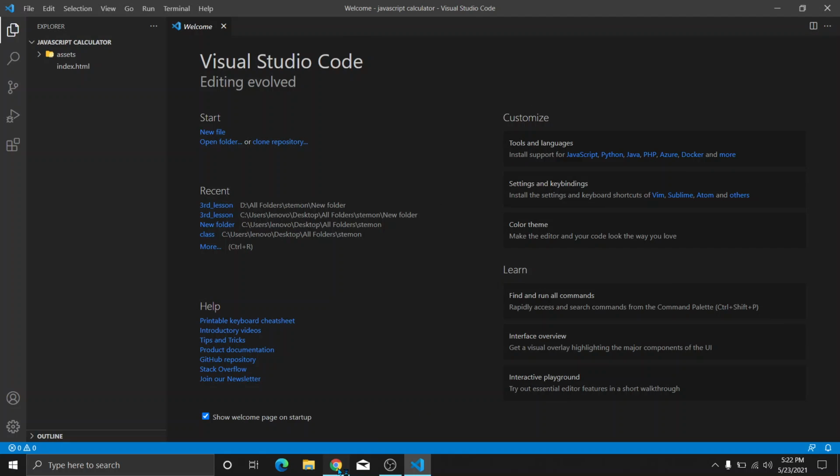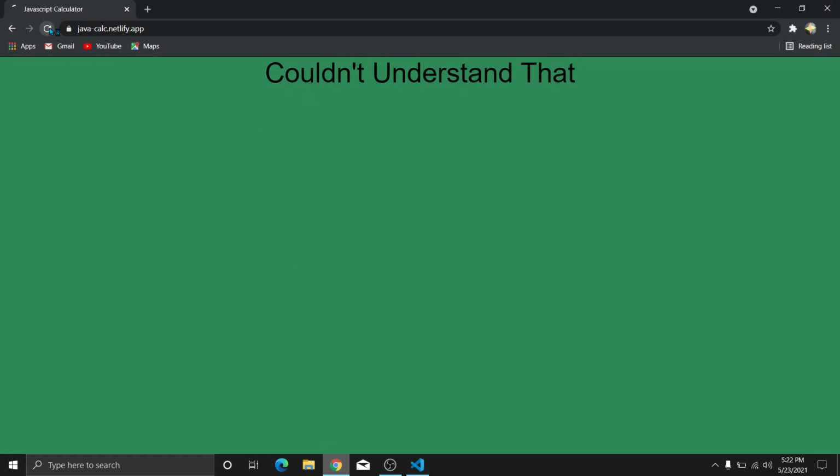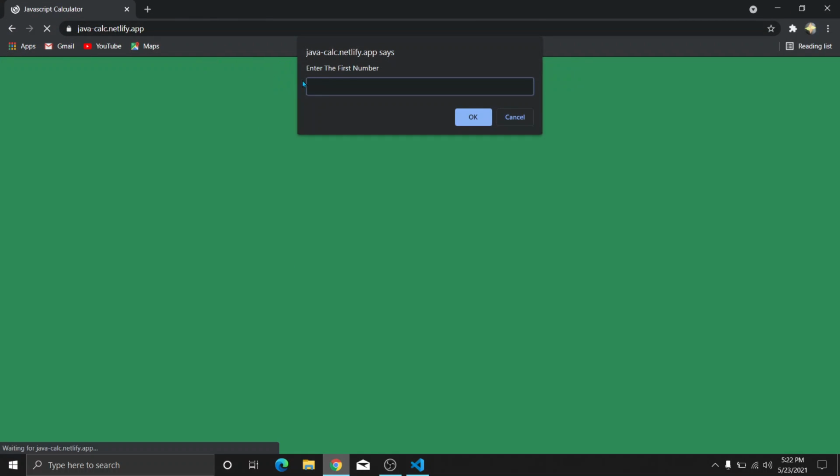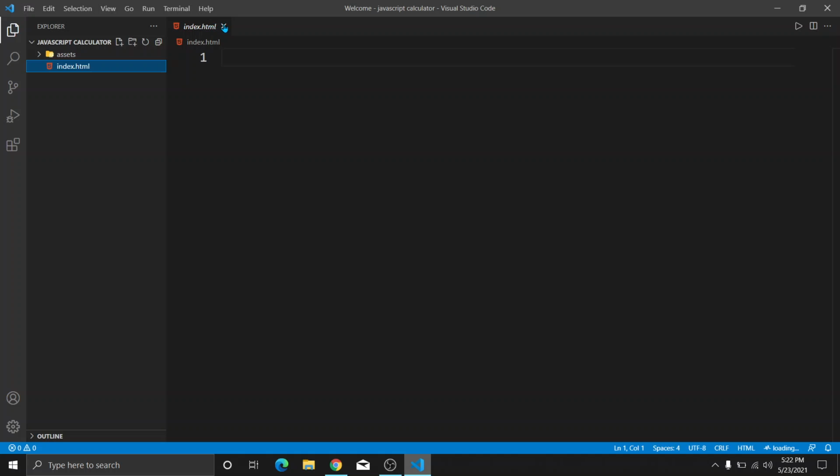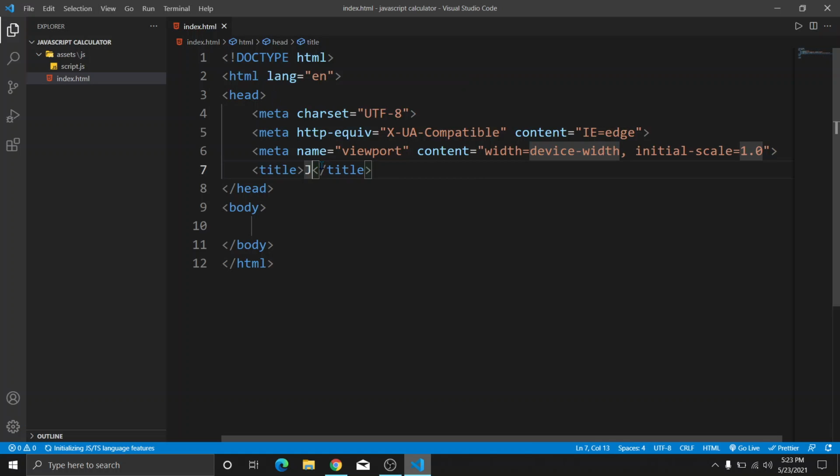First, what we have to do is design this in our pop-up box. As you can see, we can see a pop-up box here. We have to design that first. To do that, we go to index.html, and we also have to open the script.js here. First index.html and script.js. Okay, so in here we are gonna write JavaScript